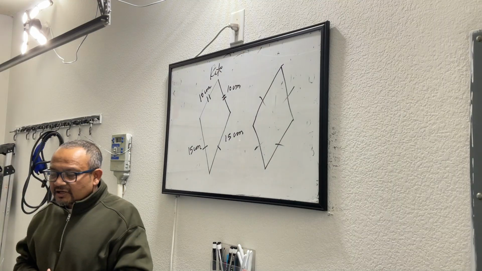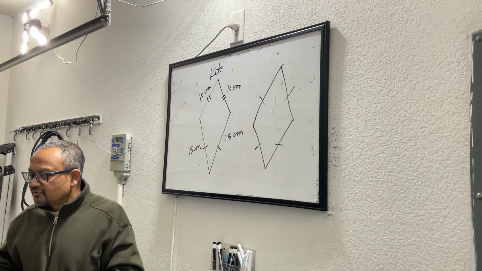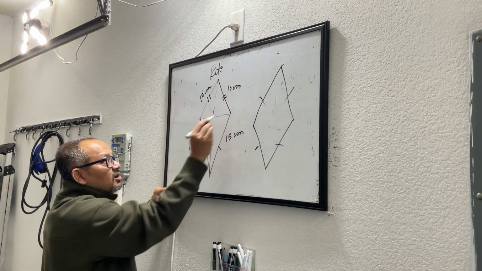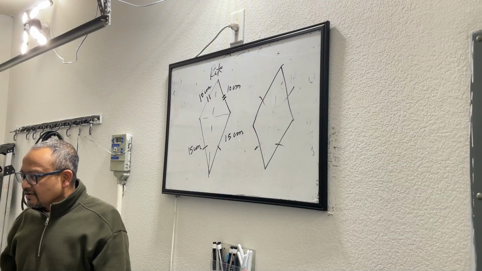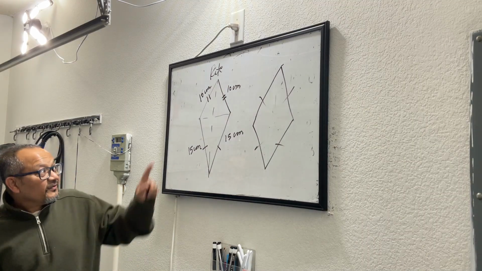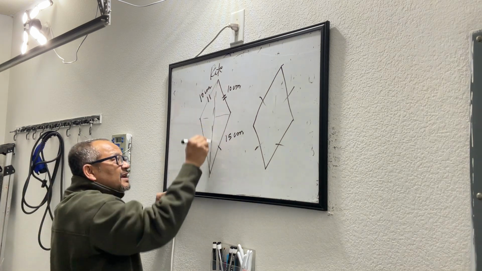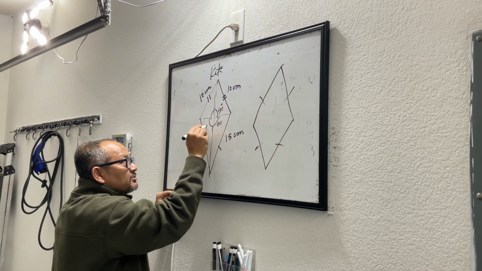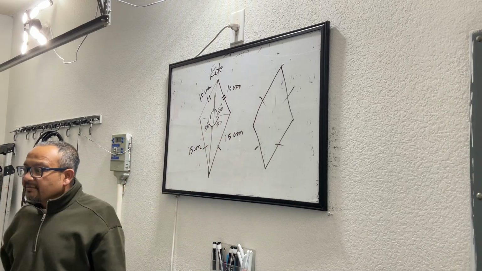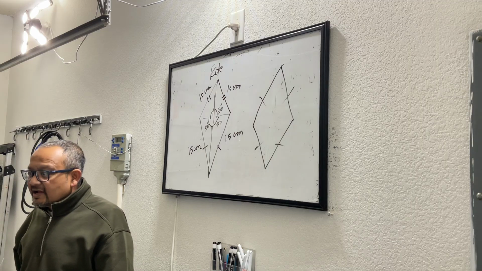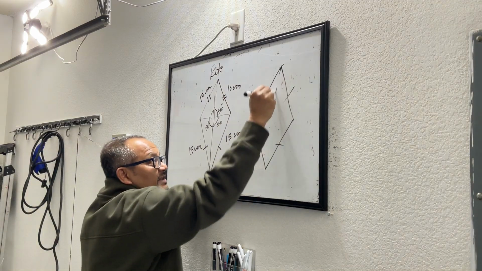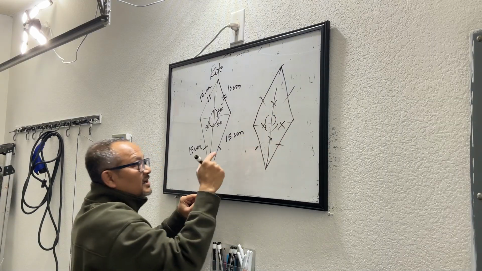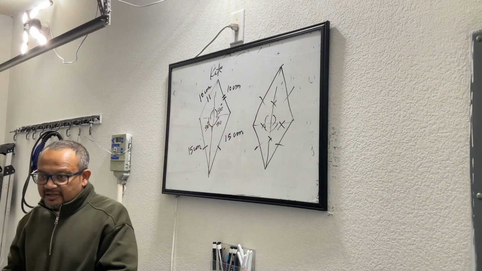Now, kite also has one more property that you would want to know, and that is you can join the opposite corners and they will still be called diagonals. Okay? Only thing that is very unique about kite is they meet at 90 degree. No question about it. Every angle that is formed by joining these two diagonals make 90 degree angle, and that's it. I will not say, in case of rhombus I said these are 90 degree and they divide each other into two equal parts. Here I will not make that statement. Okay?